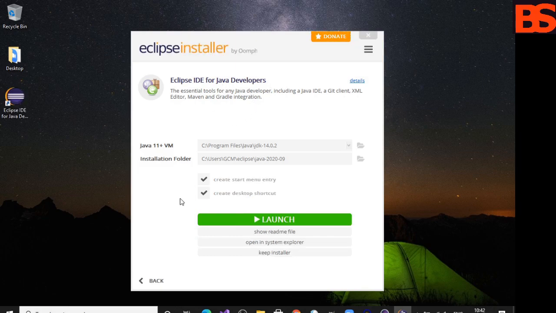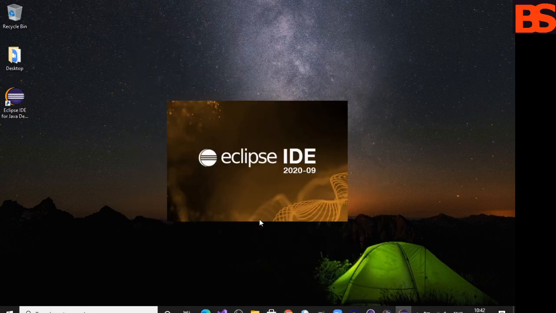Now you can see that the installation is completed. You can see the Eclipse icon on my desktop, and you can also see the green launch button. When I click, it will start the Eclipse IDE on my Windows operating system. So I'll just click on this launch button,